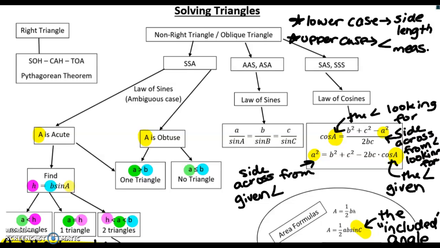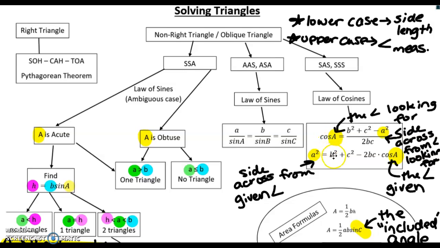This video is going to cover the law of cosines. So if we are problem solving with our triangles and we have an oblique triangle that gives us side angle side or side side side, we're going to use the law of cosines. The law of cosines does not have any ambiguous cases, so this is really just a matter of plugging and chugging. The only thing to be aware of is based on what the question is asking, you could use either